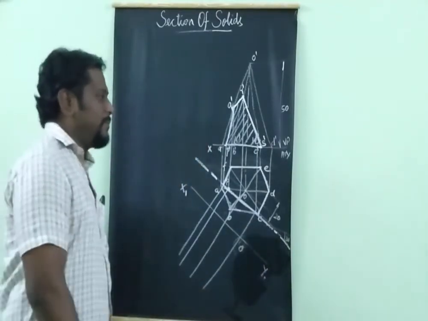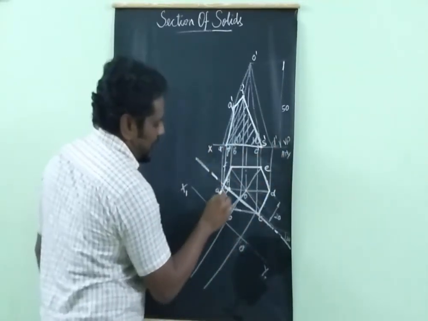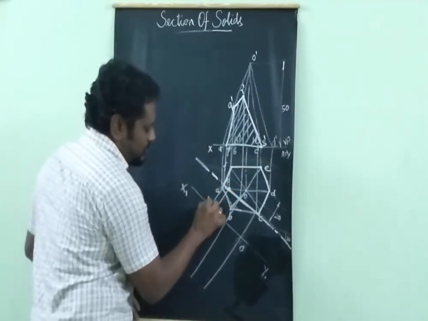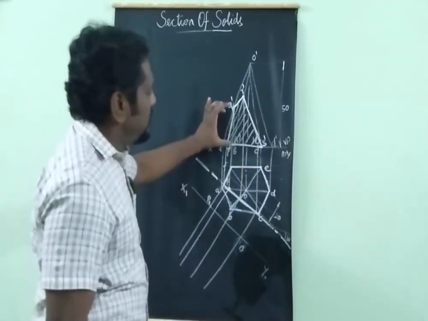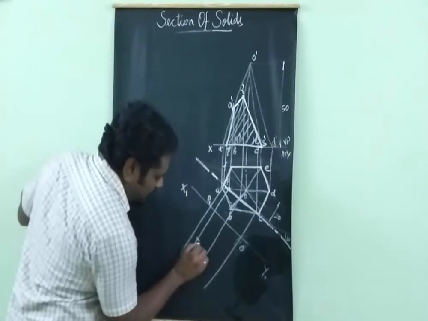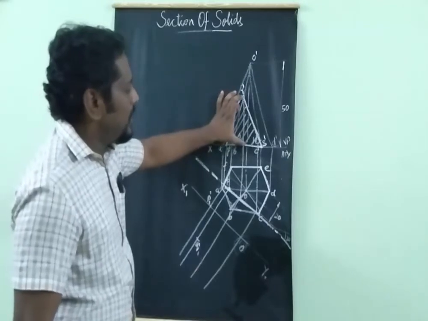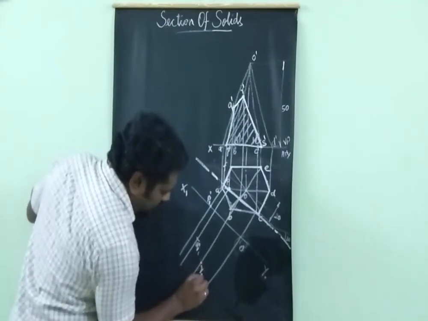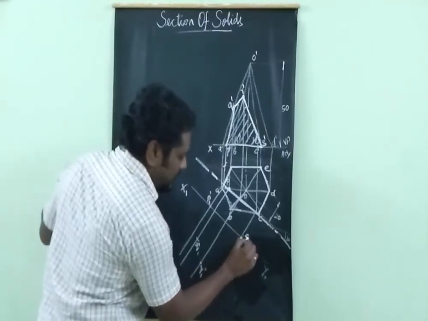To transfer the points, what you have to do? So the point P is in the xy line. So the point P is transferred from this point. This line has point P. So P1. Okay. Then the point Q has to be measured from xy line and this has to be transferred here. So this is your point Q1 dash. Similarly, the point R has to be measured from xy line. Make this line. This is your point R1 dash. So point S is in the xy line. This is your point S1 dash.